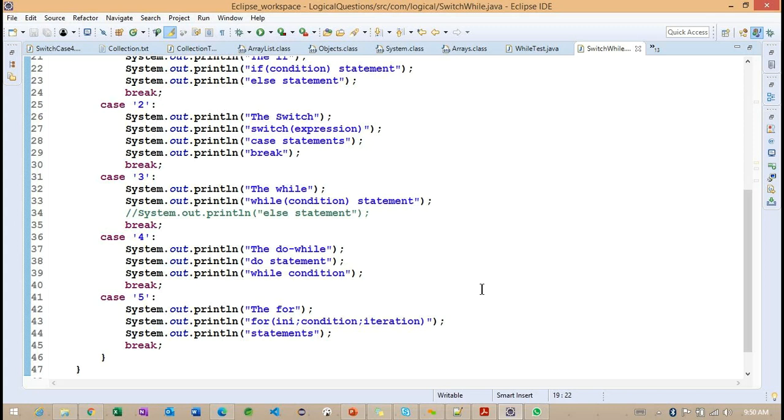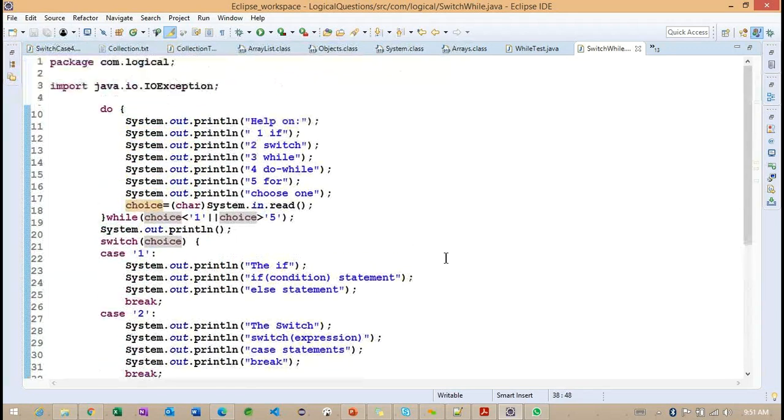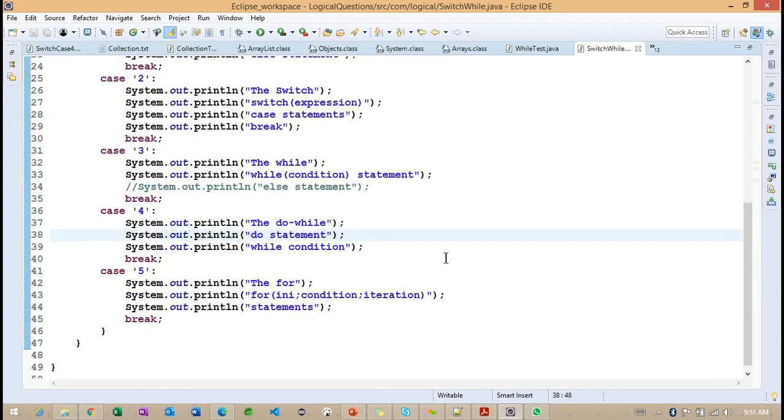Clear, right? Because here we implemented the do while loop and switch case example. I combined the two examples here. Okay, so this is a very important example. So if you still have anything, let me know before moving into another example.